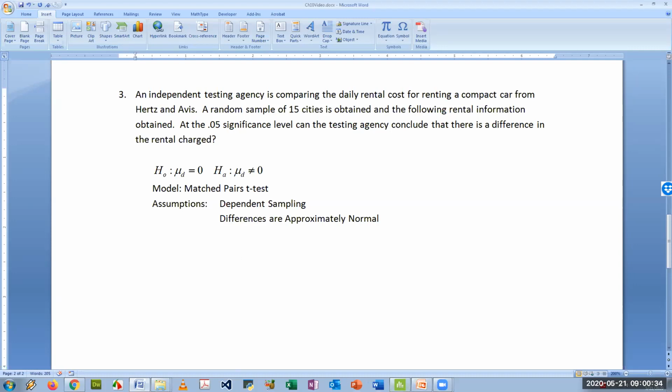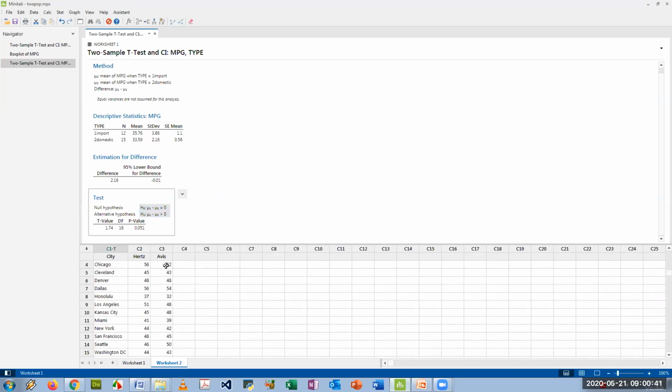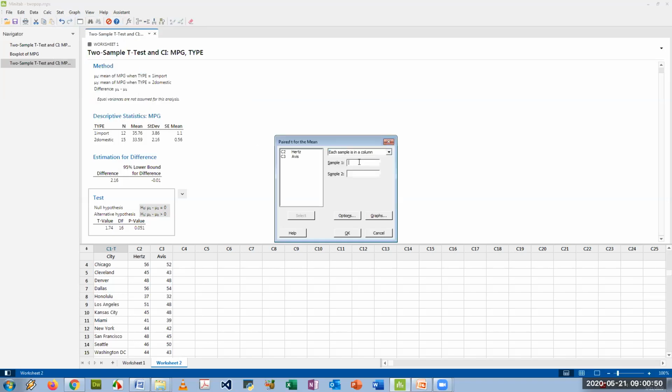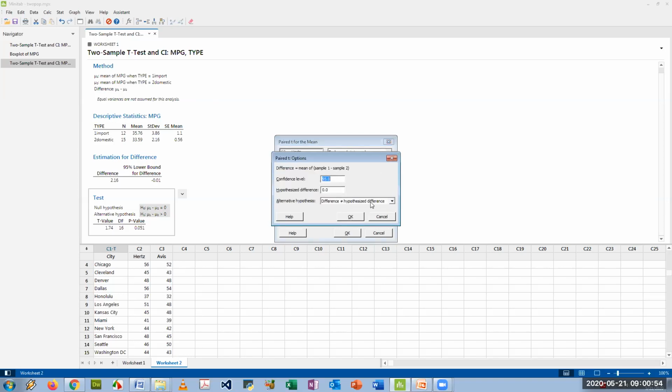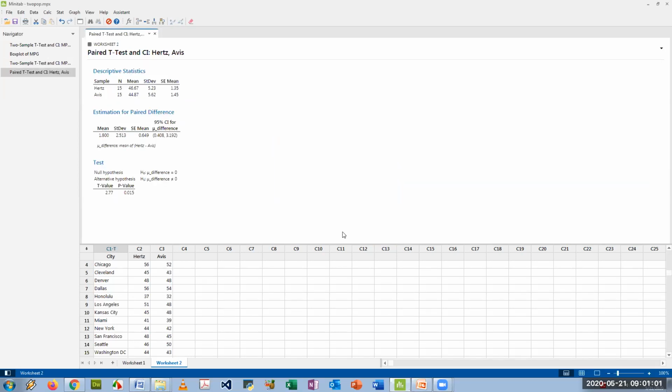And so in Minitab, how we run that, I'll switch over to the worksheet. And you can see on this example, we've got random cities, and we've got the two measurements for Hertz and Avis. And under Stat, Basic Statistics, it's called Paired t-test. And you just pick each city, Hertz, Avis. Same thing, go to Options, the hypothesized difference, leave it at 0, and just say okay. And you get the results of the test,